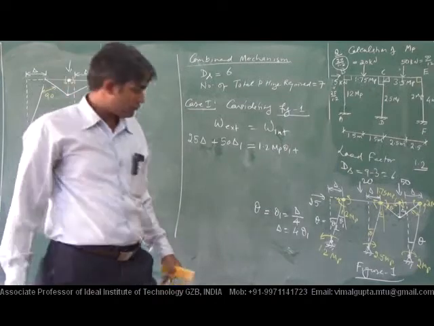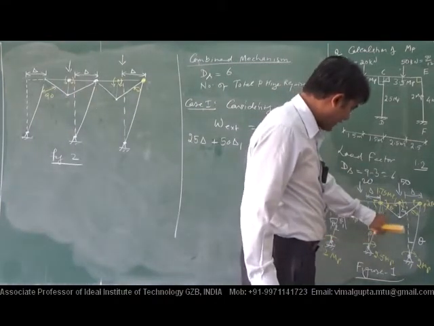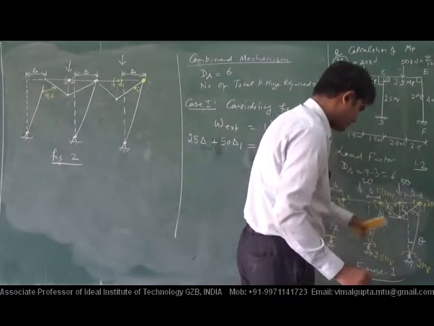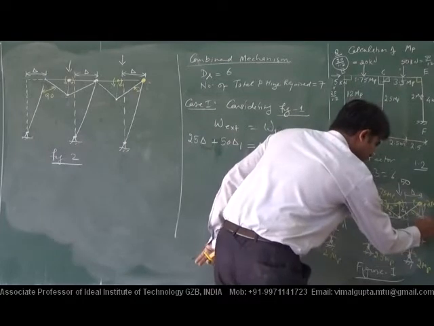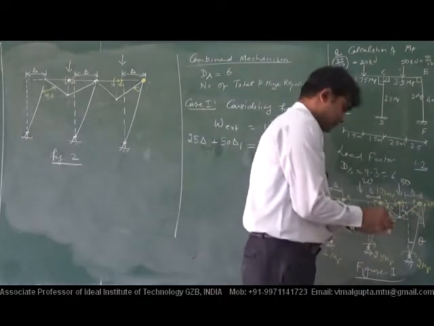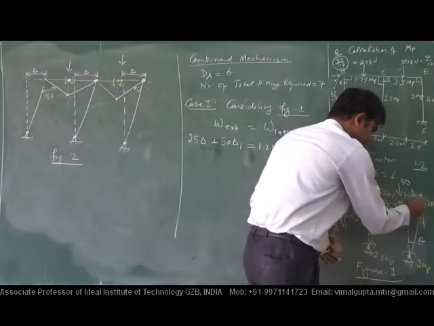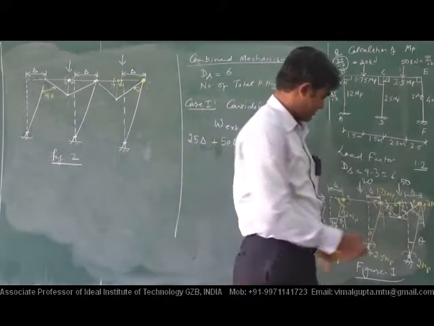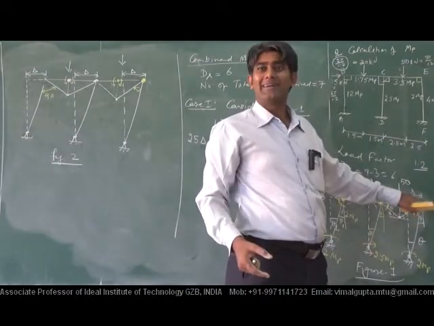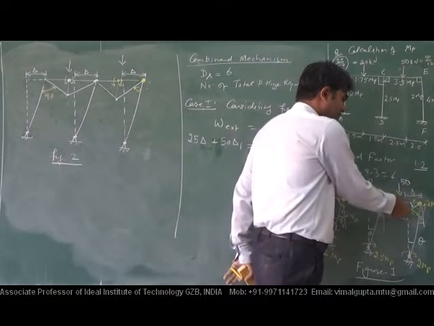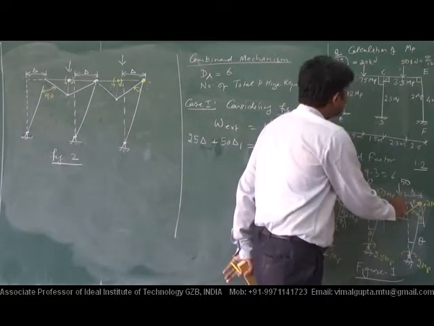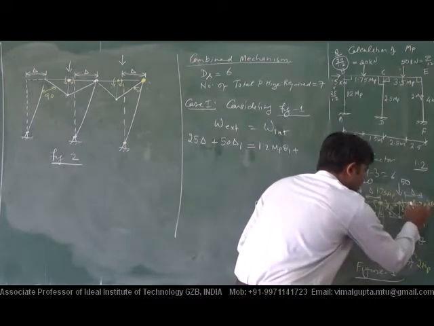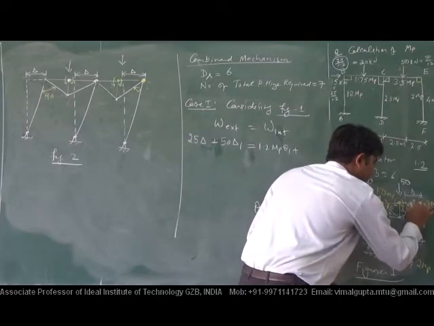Now, this one angle, this one angle, this one angle will be theta, and if this is theta, then that one is theta. And what about that angle? It will be theta. Why? Because it is in between: this one value is delta by 4 and the other is delta 1 divided by 2.5, so it will have the same value of theta.